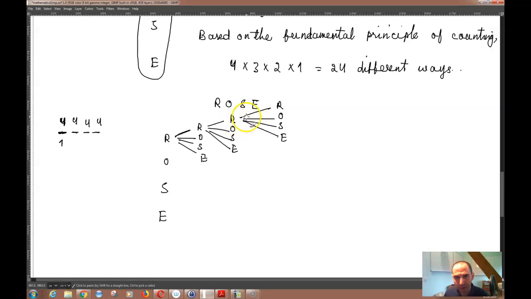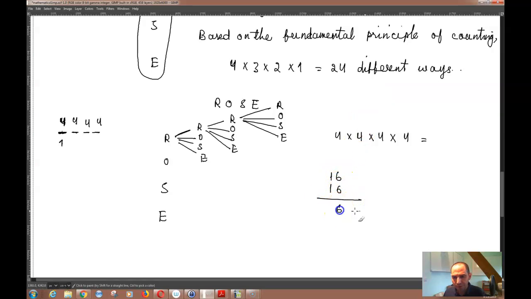Then again, based on the fundamental principle of counting, if an event can occur in m different ways, following which another event can occur in n different ways, following which another event can occur in p different ways, following which another event can occur in q different ways, then that would be equal to 4 raised to the power 4, which is equal to 16 times 16,